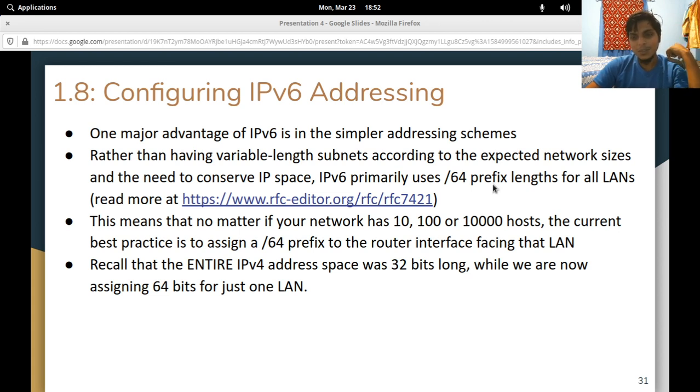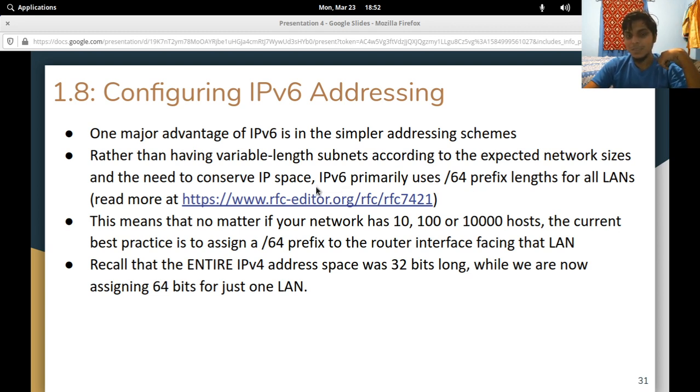A /31 gives you 2 usable IPs. Well, technically not, as you would have realized from when I said /31 the first time, it kind of breaks the rules, right? So it isn't an RFC. With a /31, you aren't supposed to have any usable IPs, but they made it specially for point-to-point links. So we could talk about /30s as more of a generic sense. In a /30, you have 2 usable IPs, and we use those 2 usable IPs, and that's it. We have no more space in that subnet.